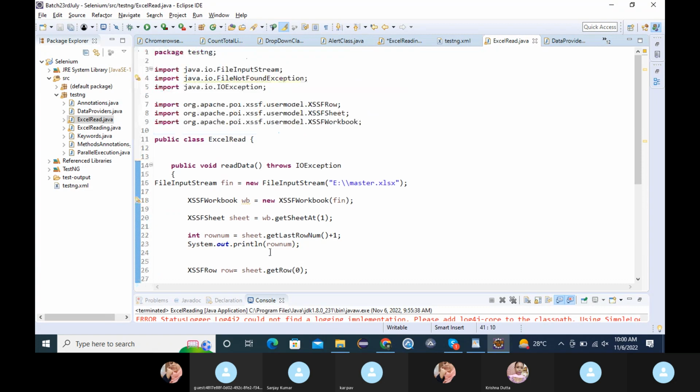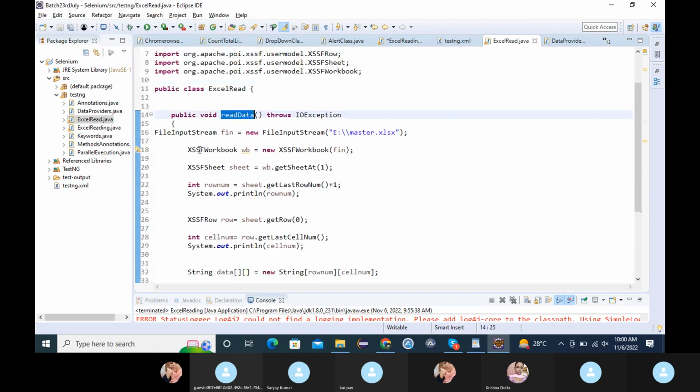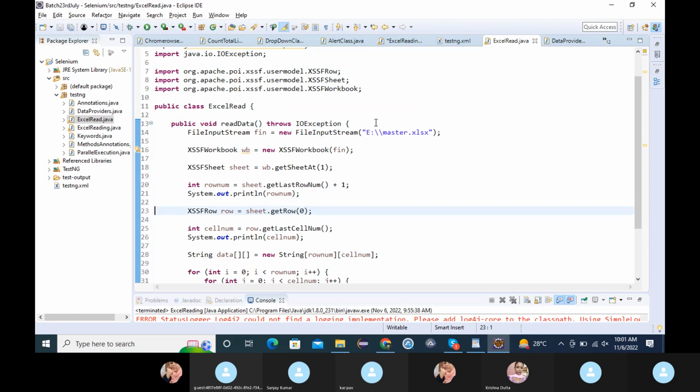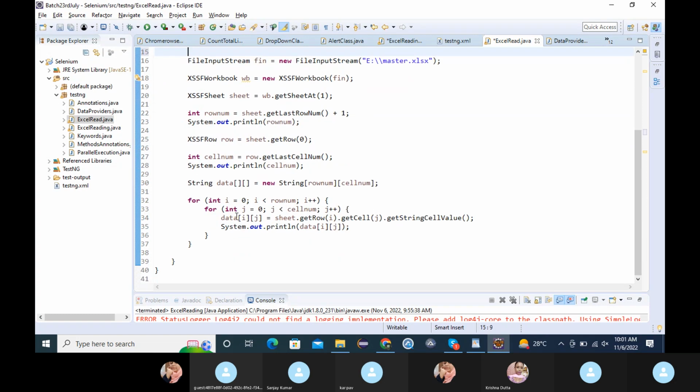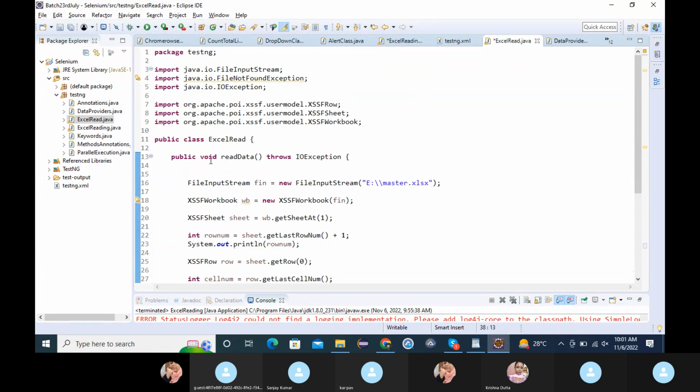Okay, so here what I have done, nothing. I have just created a method, and in that method I have put all the code that I just now wrote for reading the data from Excel. And here instead of printing, I will return all the data. Why I am returning, you will understand in some time. Here my return type will be string of array,